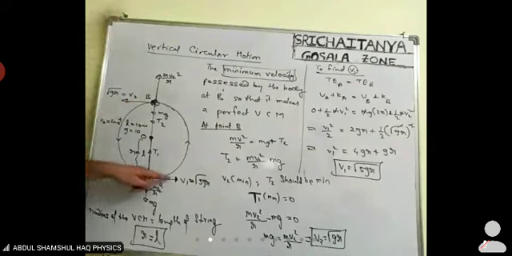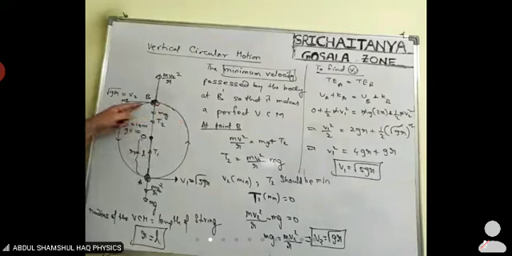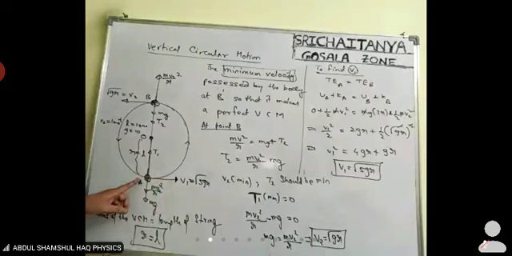The body will make a perfect vertical circular motion, touching all the points on the circumference. Suppose at this point A, if the velocity is much more than root 5gr,